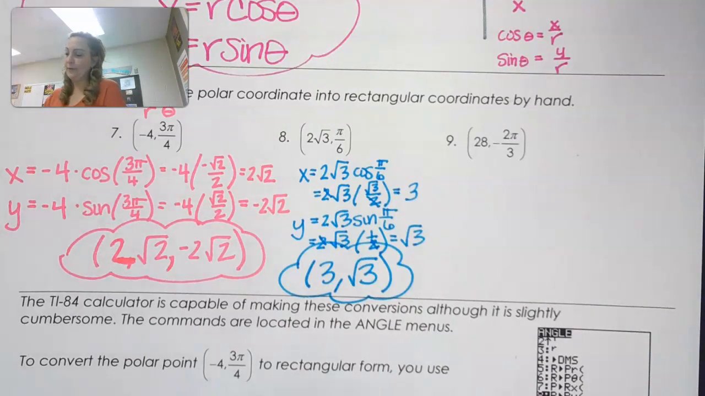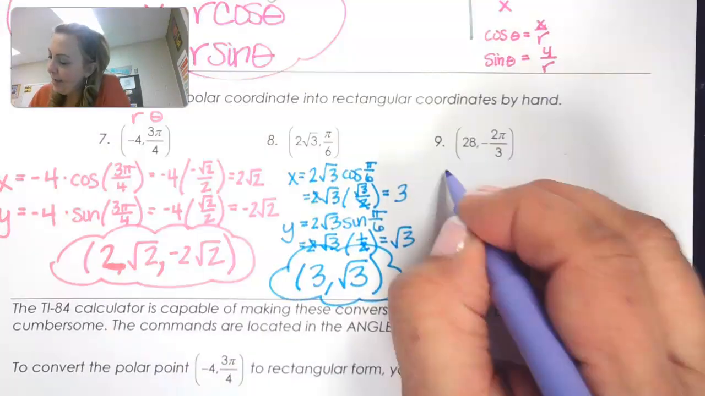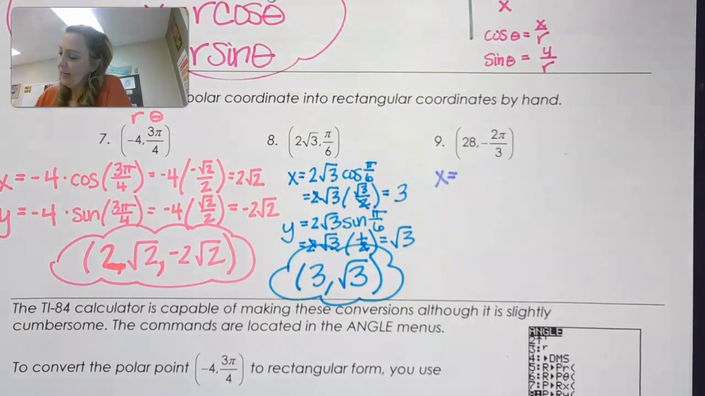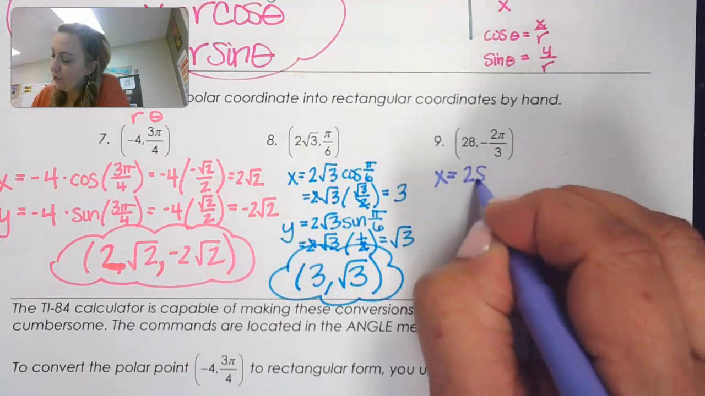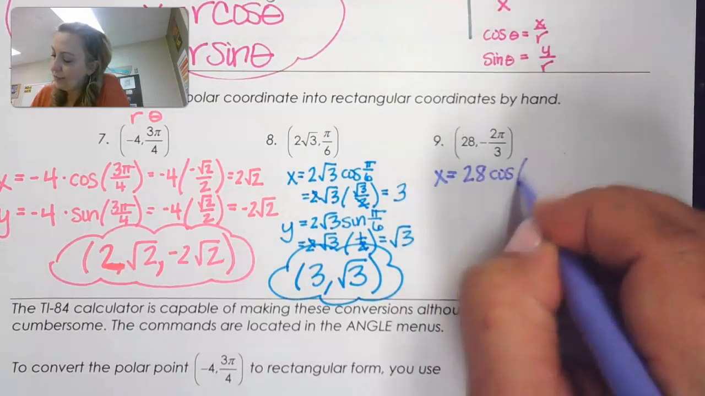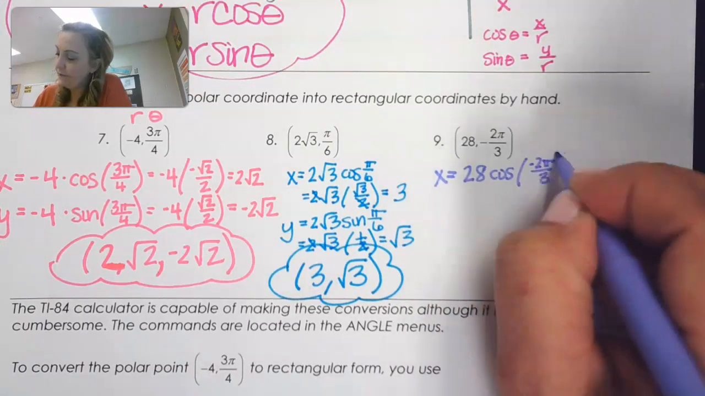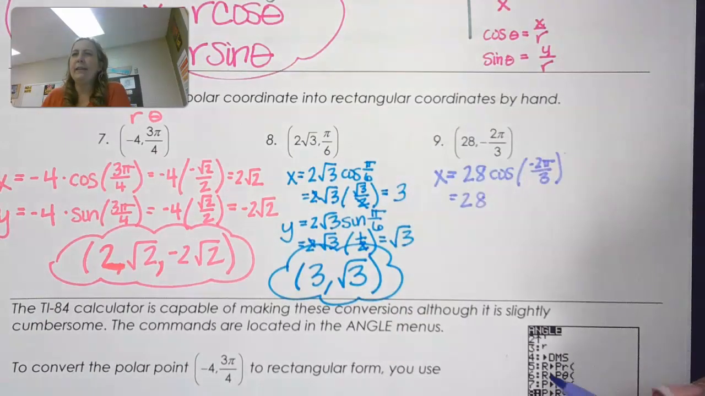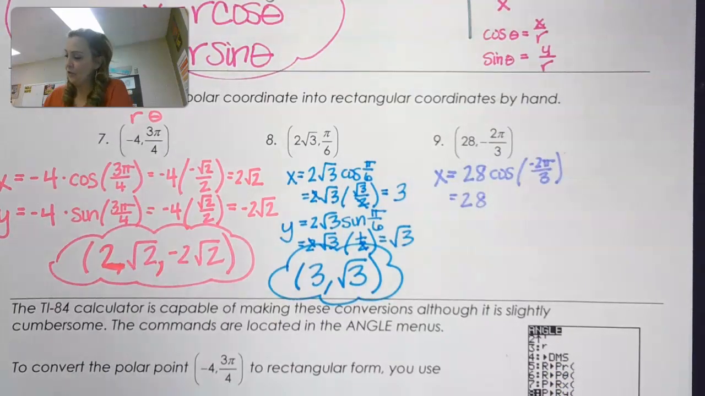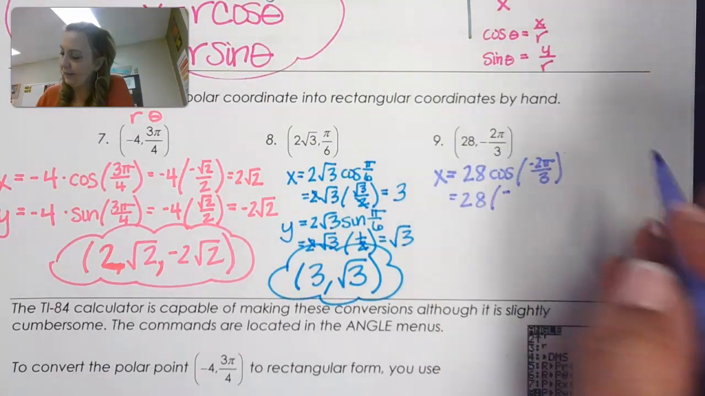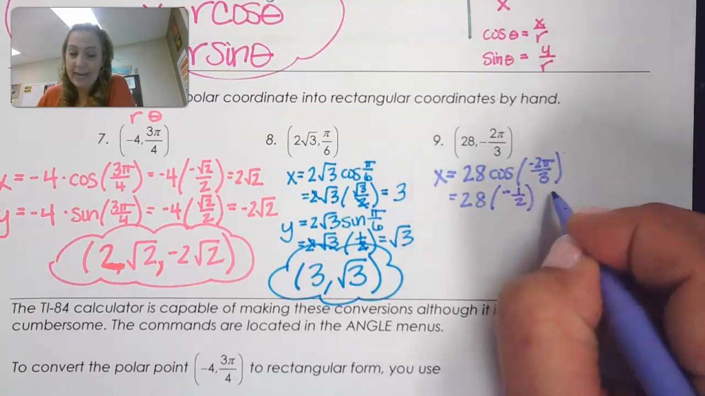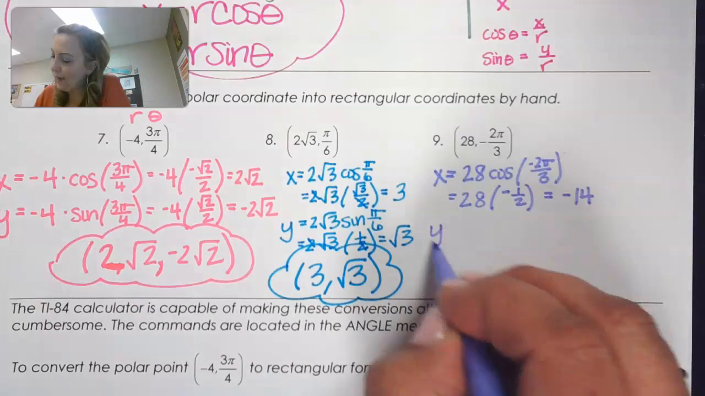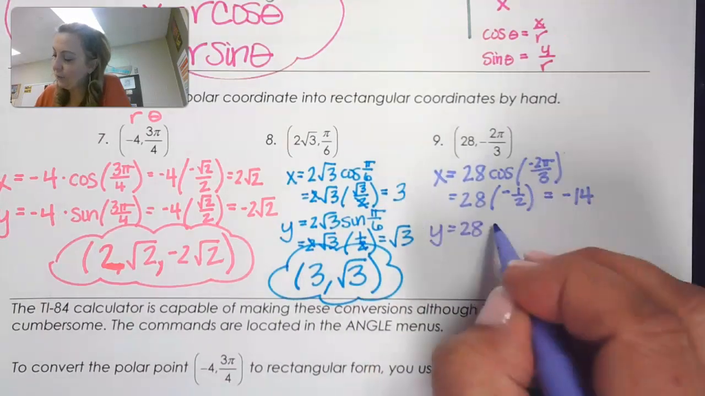One more like this, number 9. 28, -2π/3. For my x, I'm going to take r times the cosine of theta. So the cosine of -2π/3, that's going to end up in quadrant 3. So that's going to be negative. And so that'll be -1/2. So that'll be -14. And then the y coordinate will be 28, our r value,